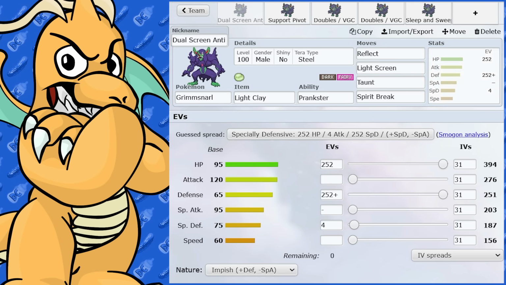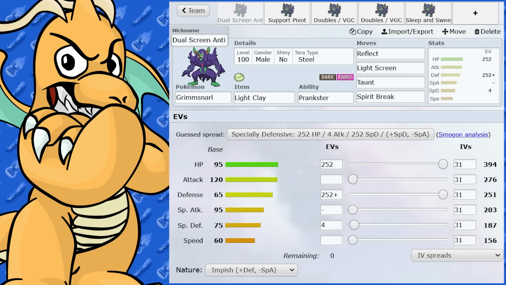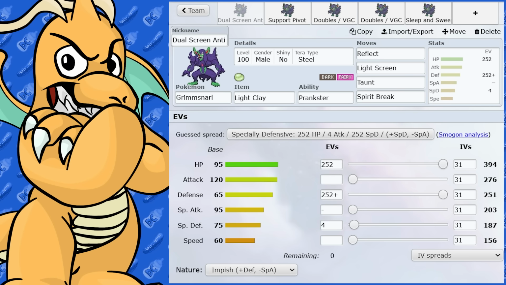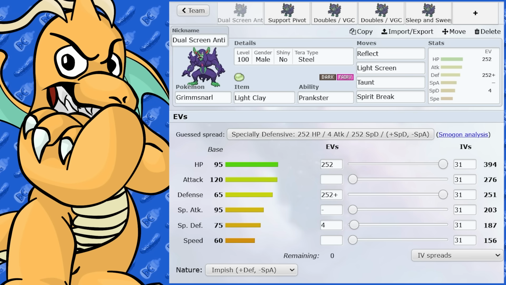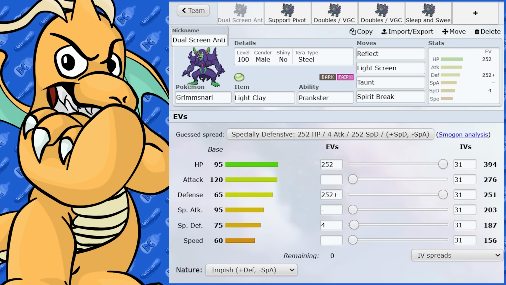Anyway, everyone, hope you enjoyed this set. So Grimmsnarl, an excellent setup support screening Pokemon, does its role beautifully. It hasn't changed a lot since Sword and Shield. It's very, very good at its role. If you want to get around it, just wear it down. That's its weakness, wearing it down. It doesn't really have any recovery, so...